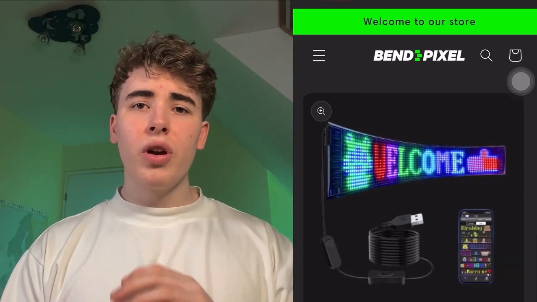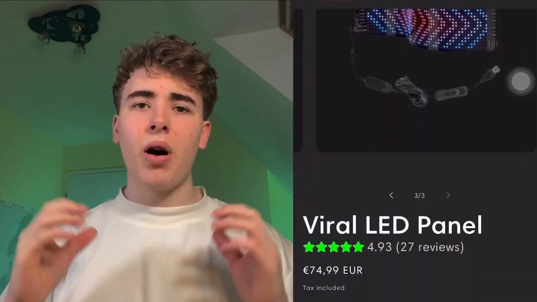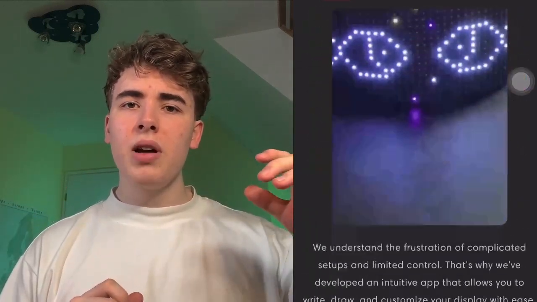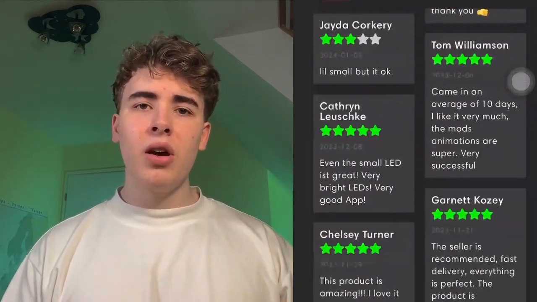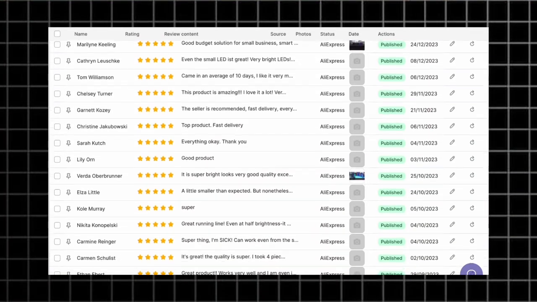I think the store looks really cool and also not messy like some other stores. Here we have the product images, the GIF, and also the nice little text. And then coming down here, we have the reviews. And a quick little tip for the reviews: if you have some time for your store, then definitely read through your imported reviews, because sometimes there's just some really weird messages in there and you don't want to have them